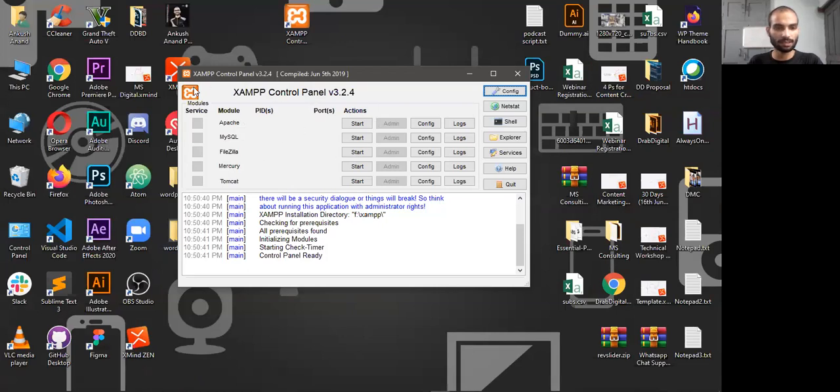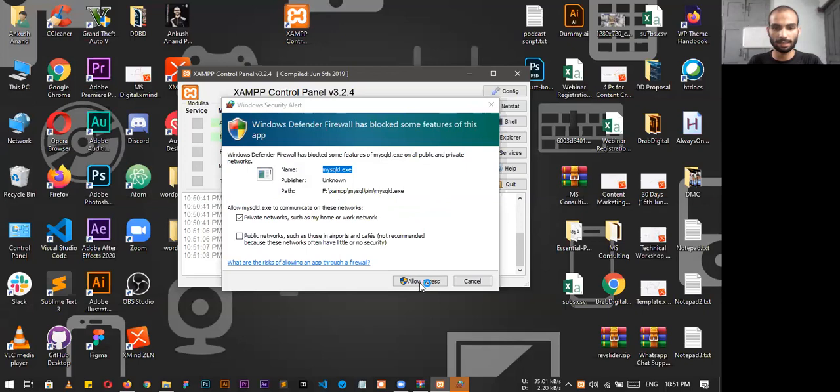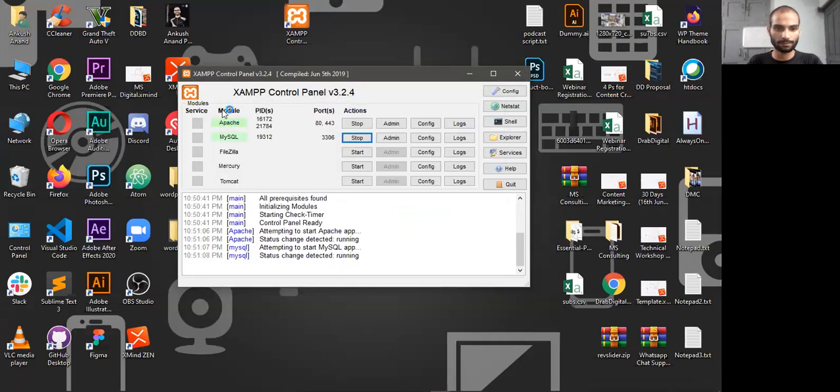And don't worry, this is not something very difficult. There are just two things you have to worry about, these two. First is Apache, and second is MySQL. Basically Apache is the server, and MySQL is a database server. So you just have to click on start and start. You can see there is a green, a yellow, and then a green color in this text here. If it is green, it means that your server is running, and both things should be green to run WordPress and the websites.